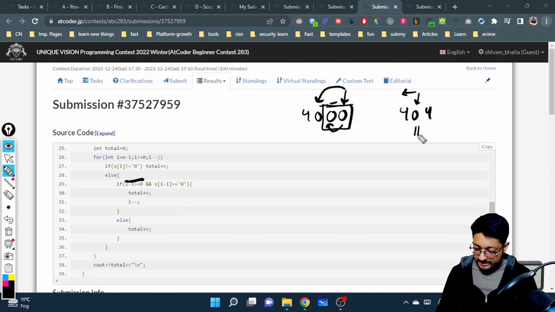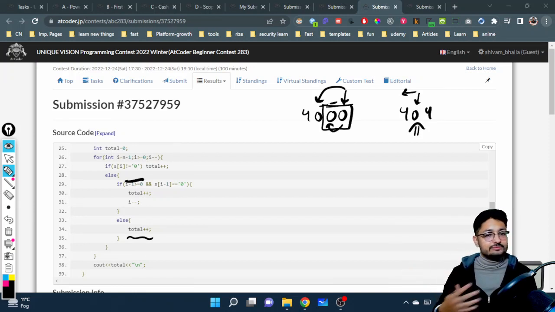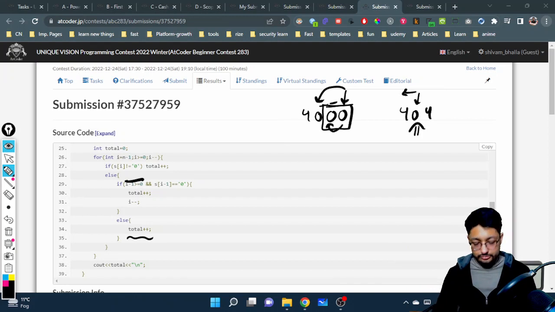So I just have to press individually 1 0 to get this particular keystroke, you can say digit. So yeah, total is increment by 1. So it's pretty much simple. Whenever I find two consecutive zeros, that should be counted as 1. Apart from everything else, we have to just take it as another keystroke. In the end, we just print out the total number of keystrokes we have done, and that's pretty much it